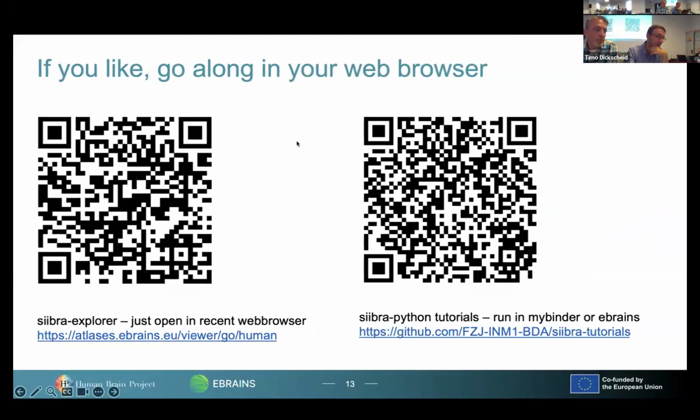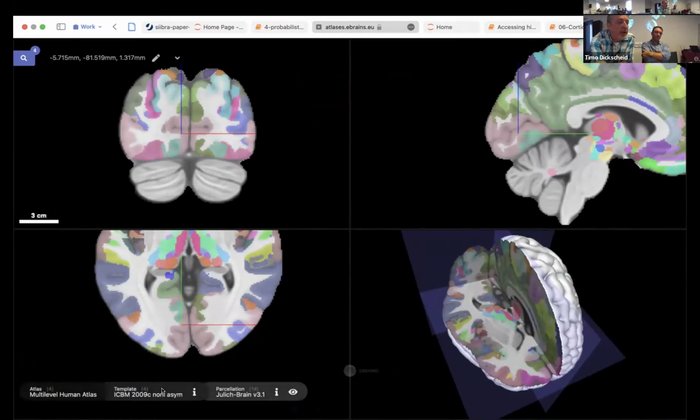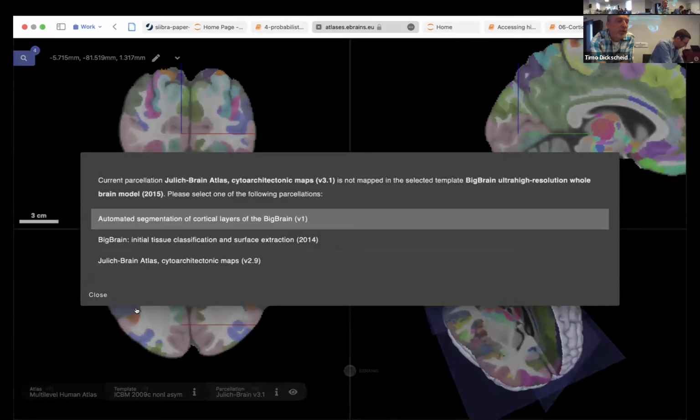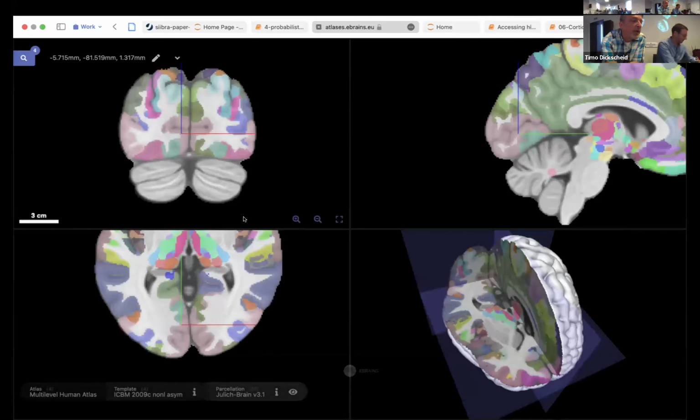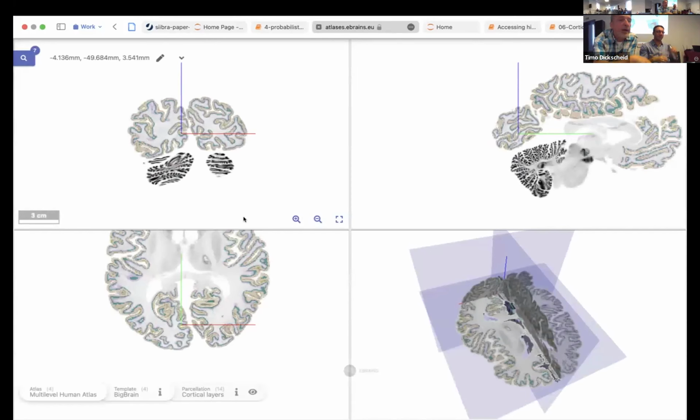So the complete concept is also visible here in this breadcrumb navigation. Here we have those different atlases which are included. So you can switch between the human atlas, monkey, Waxholm space, Allen mouse atlas. And so here we are in the human space. Here you can select the different templates, so reference spaces. So you can interactively switch from here on to the BigBrain space, and Siibra will try to keep the position as good as possible. So there's a really direct transfer from the MNI 152 to the BigBrain reference